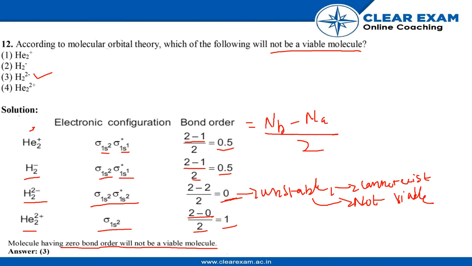So now coming to He2 2 plus, it is sigma 1s2, which is 2 minus 0 by 2 is equal to 1. So here only H2 2 minus is the molecule